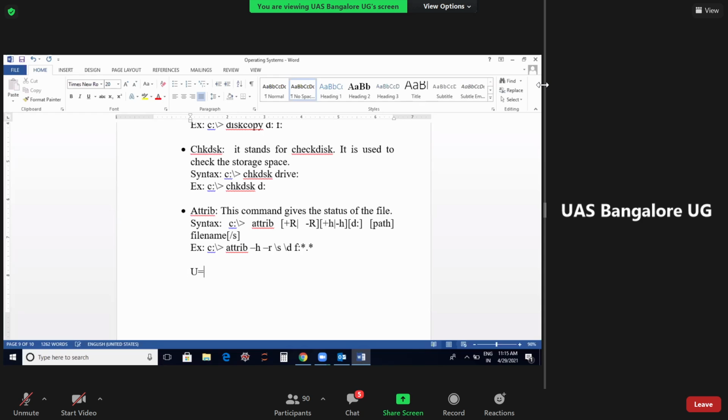The next command is the undelete command. Undelete is used whenever you have deleted something and you want to undo it. At that time you make use of this command.